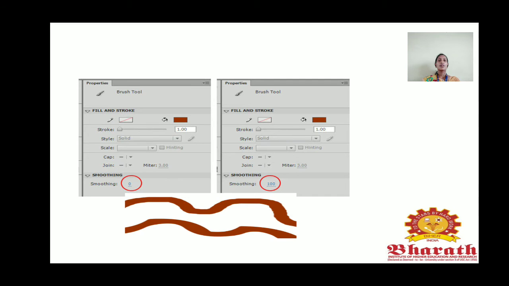Okay. So, according to your choices you can design that particular tool in a different manner, and you can get that particular value in a different initial value also, and you can change the size of the brush value according to the choice also. That is, you can join that, style the color and scale it also. And you can increase the size actually. When you increase the size of the smoothening, it will automatically increase the thickness of the line. Line means whatever brush tool you are going to use on it.